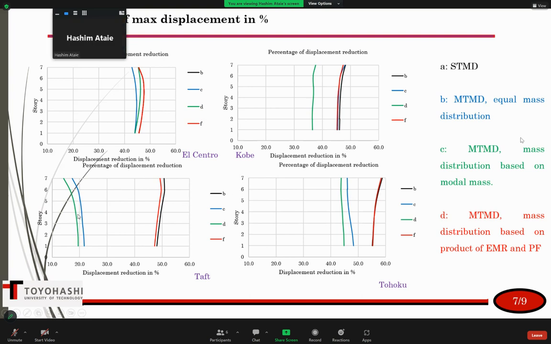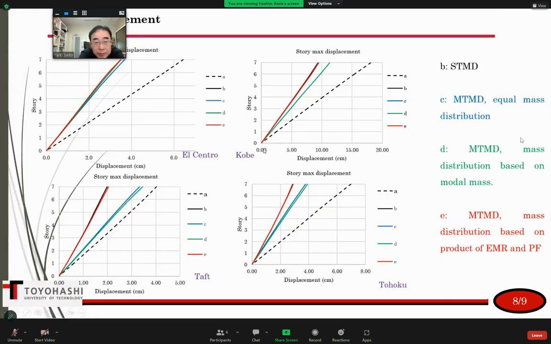But these two methods are not good, especially on the shaft and the hook score. And on the center, it's also not more effective. Just in the case of Kobe, they are somehow equal. It means equal mass distribution, and the phase method is based on the effective mass distribution and participation factor. And these are the displacement graphs, where you can also see that the red line is on the west side. So overall, we can say that this method of mass distribution is very effective,